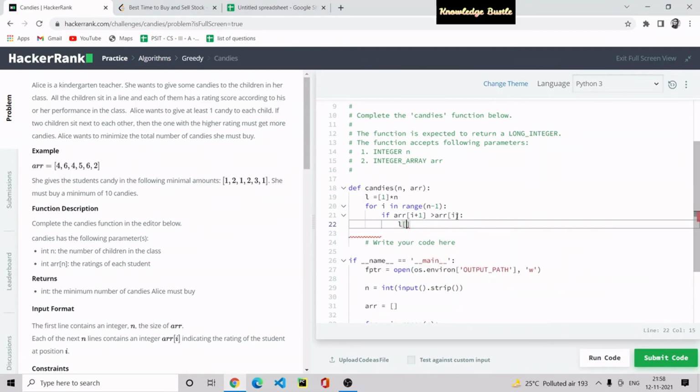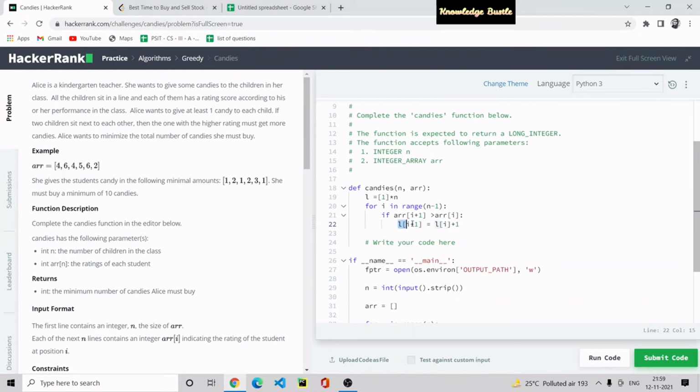then in the place of L of i plus 1 we write L of i plus 1. Whatever value is stored in L of i, that is L of 0, contains 1, and we have to initialize L of i plus 1 with one greater than that.